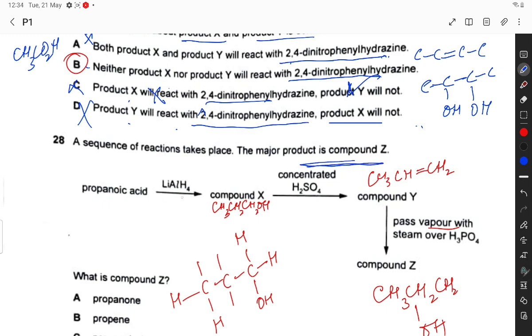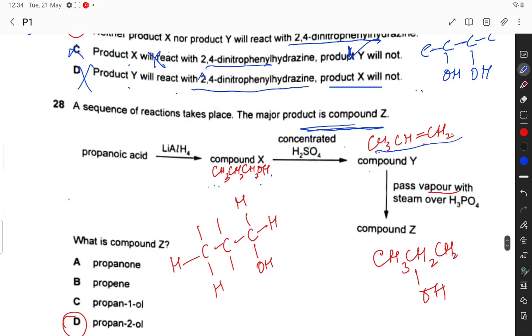Propanoic acid, so lithium aluminium tetrahydride is a reducing agent which reduces propanoic acid to form propanol. This is propan-1-ol. With concentrated sulfuric acid, water is eliminated from this reaction to form prop-1-ene. So this is the compound Y, and when this propene is passed as vapor with steam over H3PO4, again this is